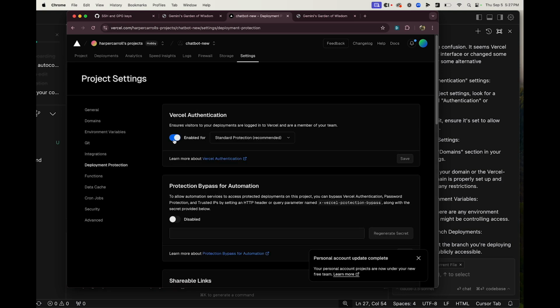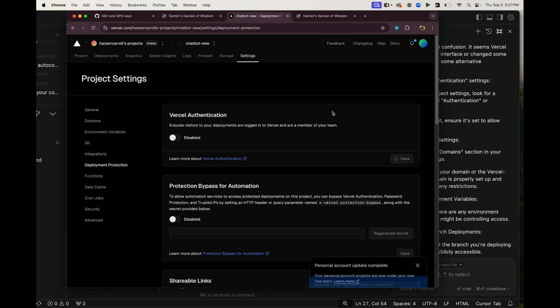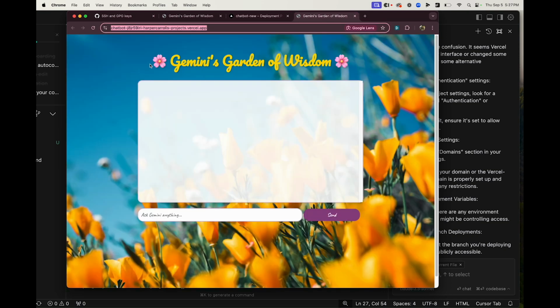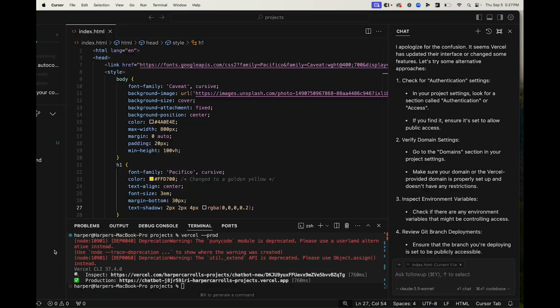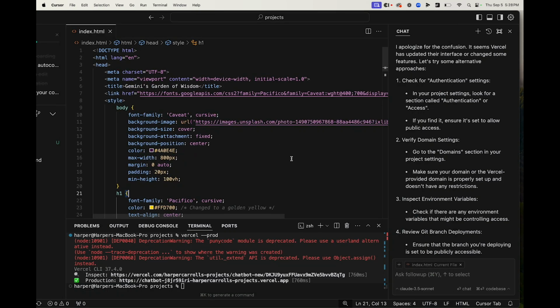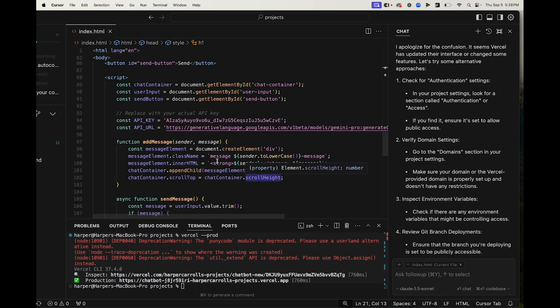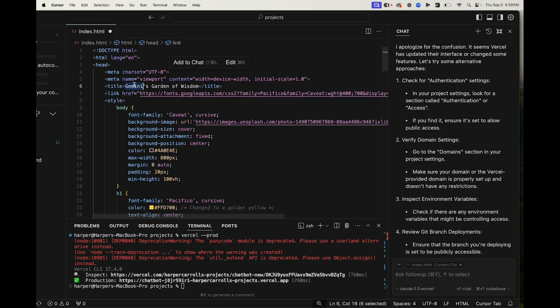Here we go, deployment protection disabled. Now, great. Beautiful. So I hope that this helps, and what you can do is I can edit this and then I can deploy it. So Harper's Garden of Wisdom. All right, so